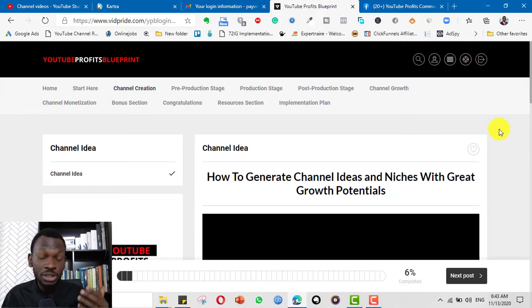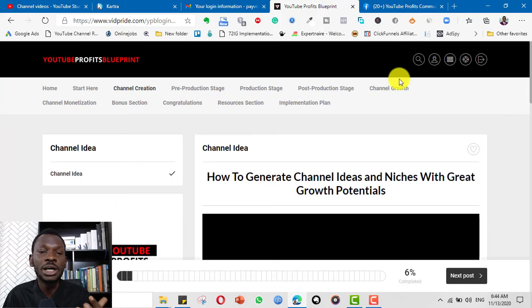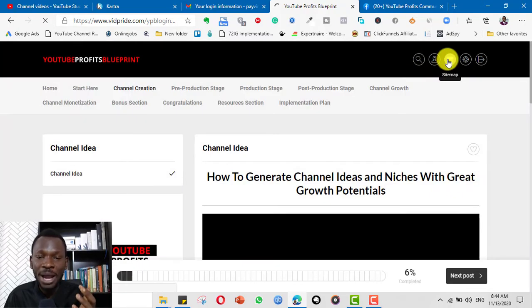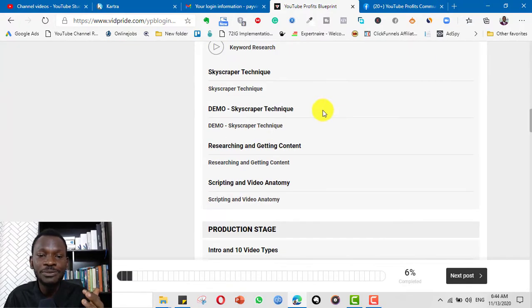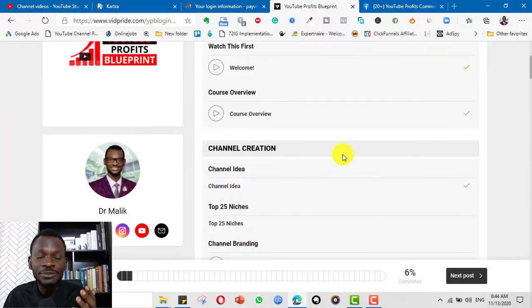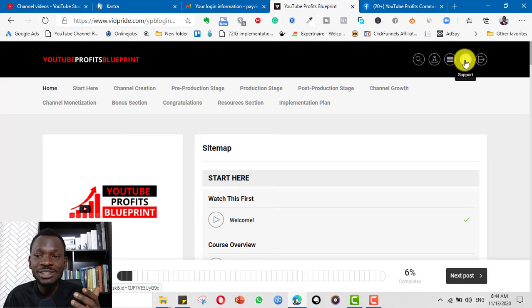Some persons, maybe because they're not familiar with the whole process, find it difficult to navigate through this, but that's how it is. You can check your own profile and then you can put in your own image and make this profile the way you want. There's a site map here that shows all of the videos, so you can just simply follow it like a table of content, right? Table of content, and if you want to skip, you can choose to skip through and watch the one that is relevant to you.